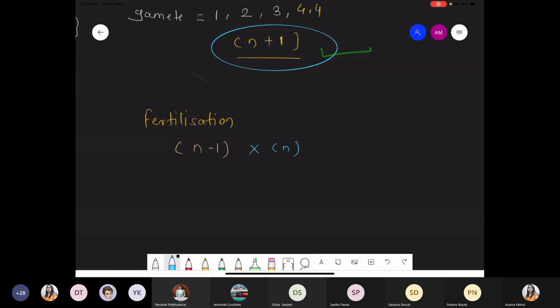This was our abnormal gamete, n minus 1, and now it fuses and fertilizes with a normal gamete. If such a condition is there, it creates the monosomy condition. Now suppose you take the other abnormal gamete, n plus 1, a gain. Such an n plus 1 again fuses with the normal gamete.